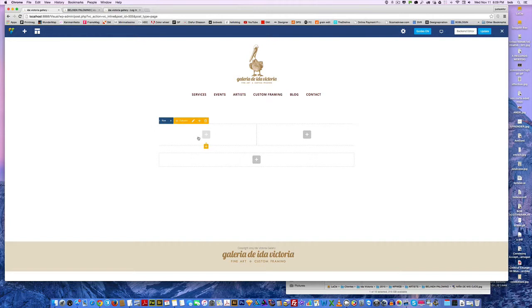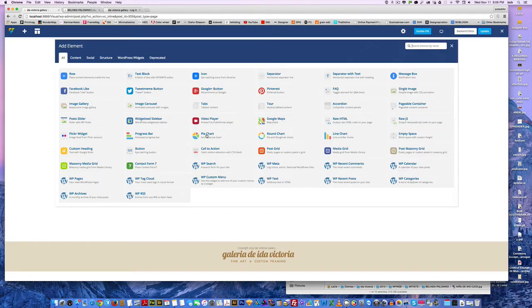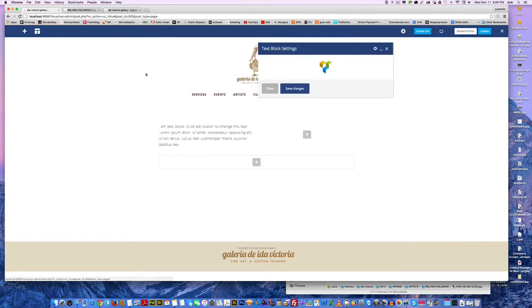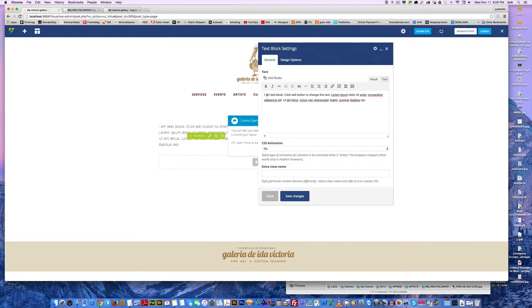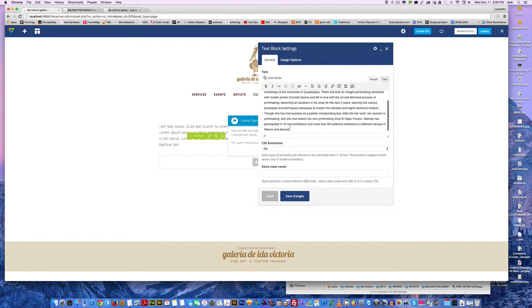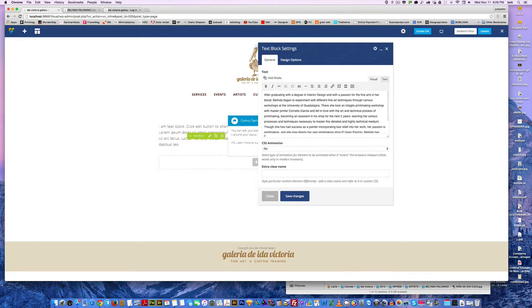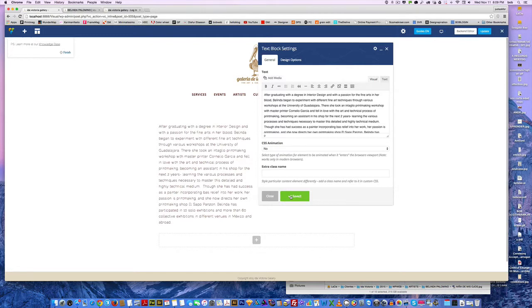Then I'm gonna click here in this plus sign. We're gonna have this menu, and in this menu we're gonna look for the option text block. Okay, select and delete all this text, paste the text that you want, or you copy, or you have for the artist,